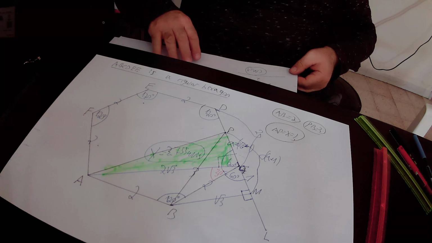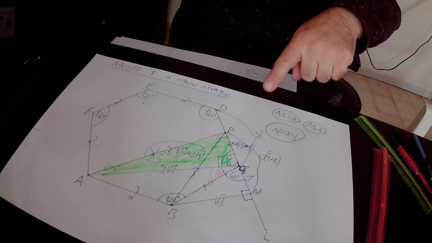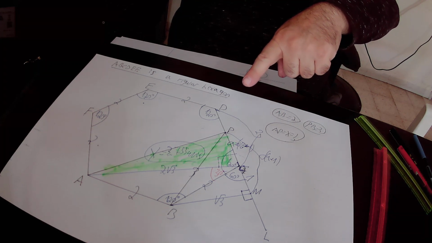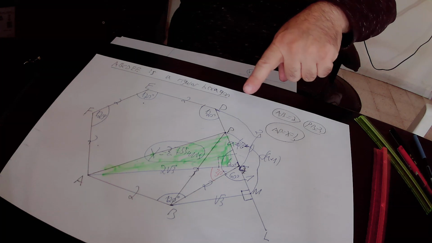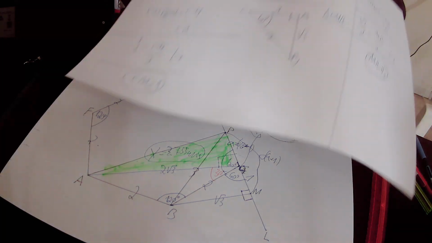In the next step, we extend side DC by a straight line. DC is a straight line, and when we extend it, the result DL must be a straight line. So here DL is a straight line,